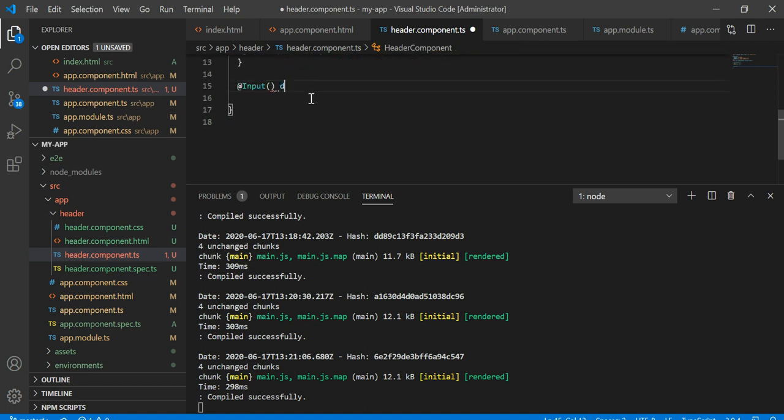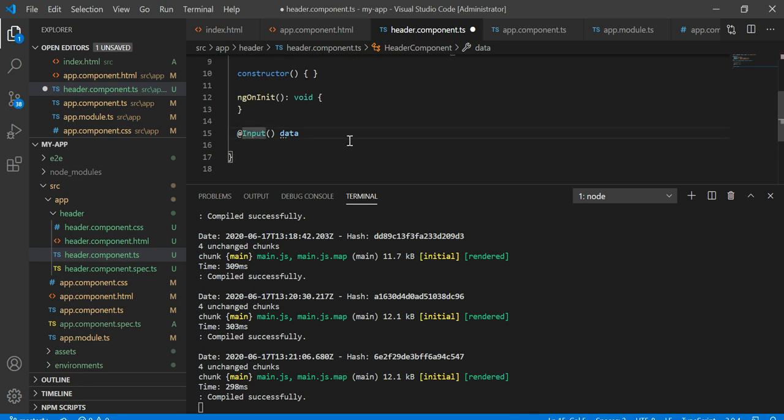And for this input decorator, basically whatever comes with the at the rate symbol is a decorator, and this Input with round braces, and this data is a variable that is local to this header component, right?